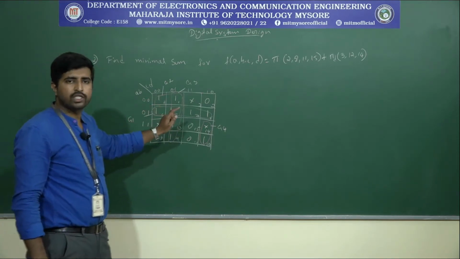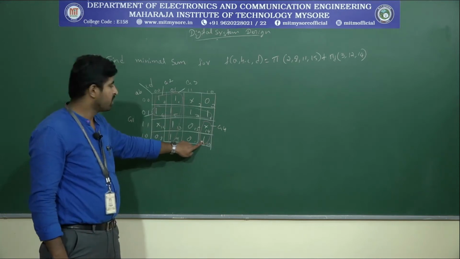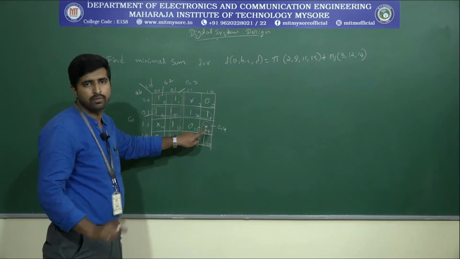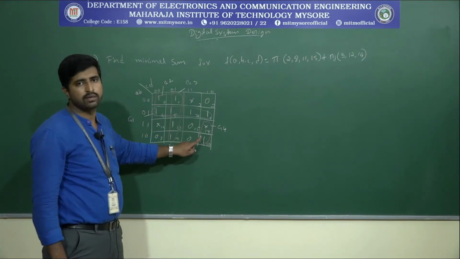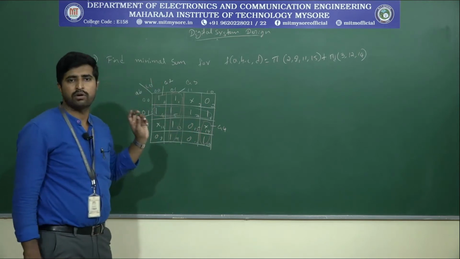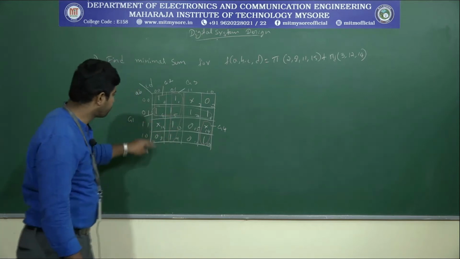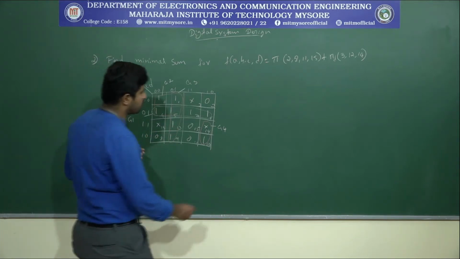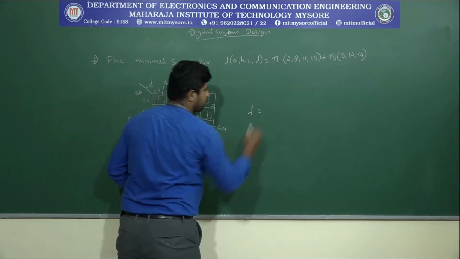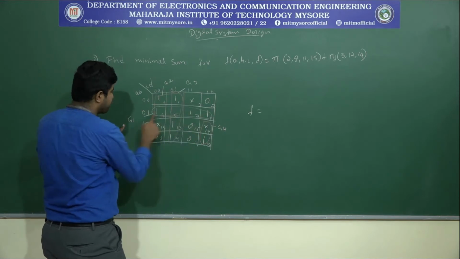See, when you are grouping we should not leave out any logic ones. Okay, so by considering don't care, we can make it a higher group, but don't leave the logic one, because that must be covered when you are writing the minimal expressions, whatever it may be, a max term or a min term. Okay, so let's write the simplified equation. So it is f equals, so for the group 1, what is the simplified expression?